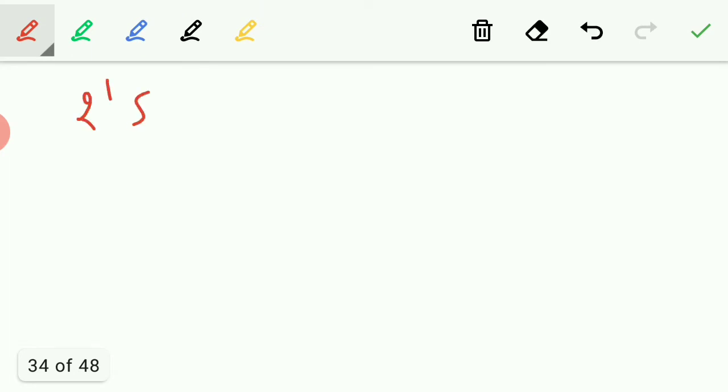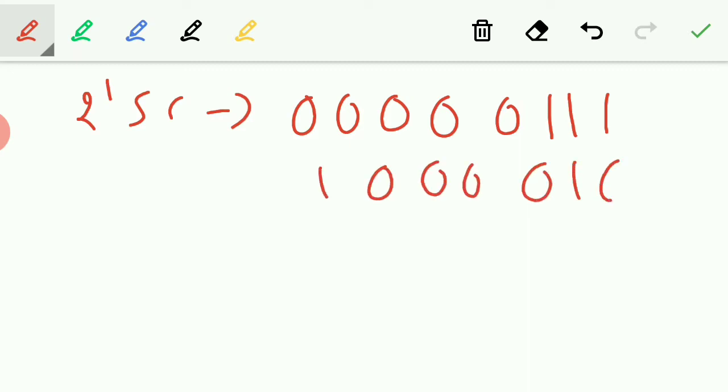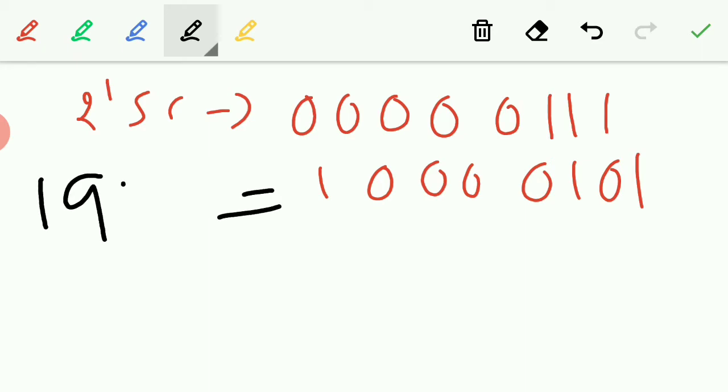so the 2's complement of the binary number I have written above is 0 0 0 0 0 1 1 1 1 0 0 0 1 0 1. Here I have written the 2's complement. I want to get the original number. This is my original number. So if you convert this into a decimal number, it will be equal to 1925. Clear? So 1925 we have found.